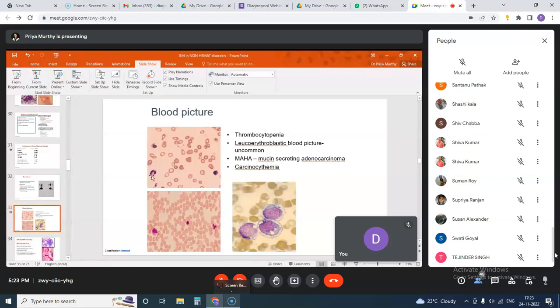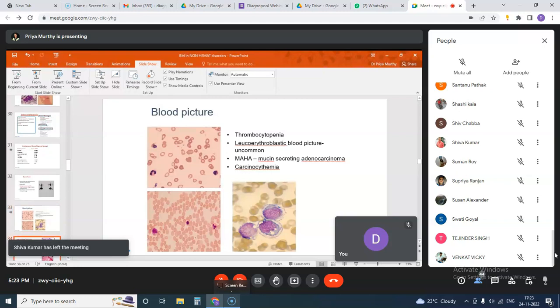Here what we see are neutrophils, some myeloid precursors and nucleated red cells, and this could give you a clue that the bone marrow is irritated because of something, either because of fibrosis or because of a foreign cell within the bone marrow, and that is why there is a leukoerythroblastic blood picture. And rarely we come across circulating tumor cells within the peripheral blood.